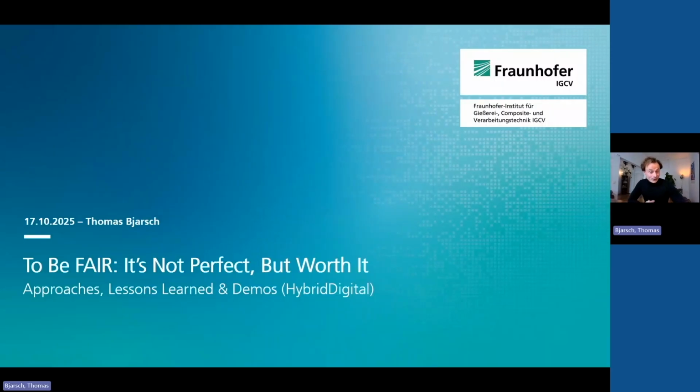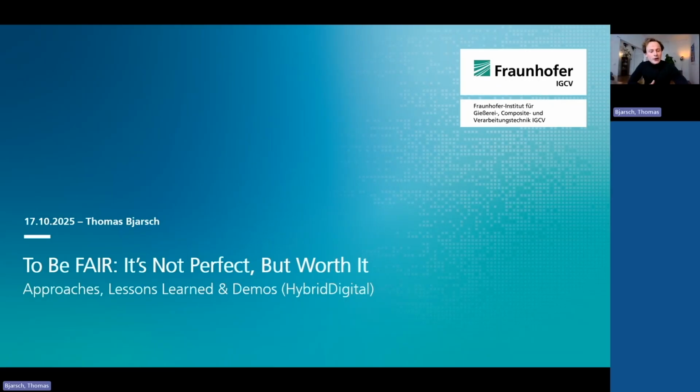HybridDigital, we tried to bring our data to a FAIR level, and we tried different methods and approaches therein. And today I want to give you an overview about our lessons learned. So which of those approaches worked as expected, which of them didn't work as expected. And also I want to show why it is worth to actually do FAIR data by showing some demo applications